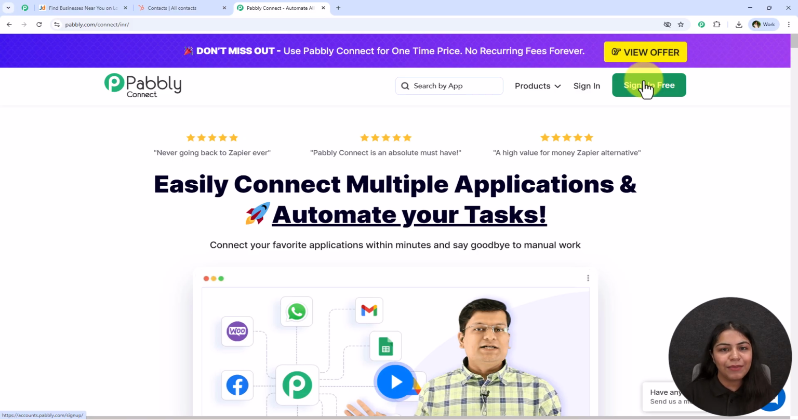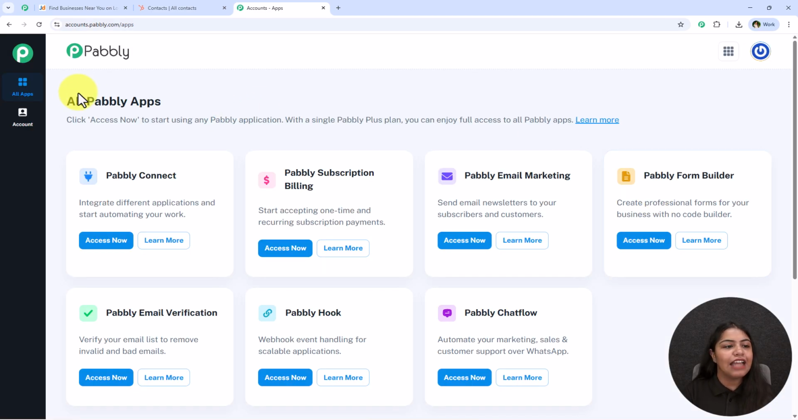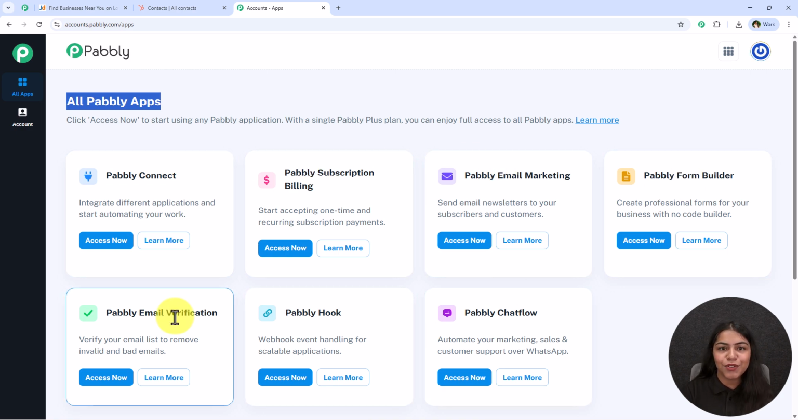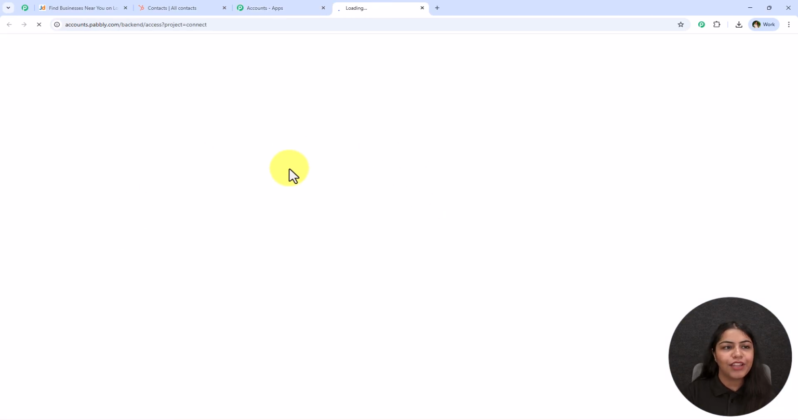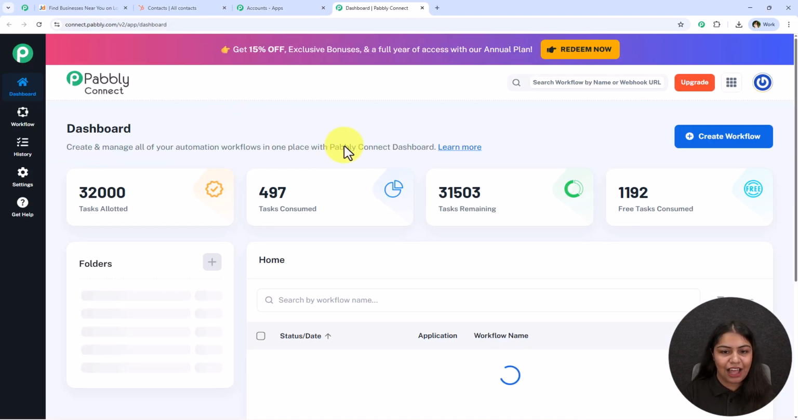But over here I'm an existing user, so I'm going to click on this button which says sign in, and now it is opening all Pabbly apps, and over here you're going to see all the tools and applications offered by Pabbly. But in today's video we're going to use Pabbly Connect because we are connecting different applications. So let's click on this access now, right over here to access our Pabbly Connect account,